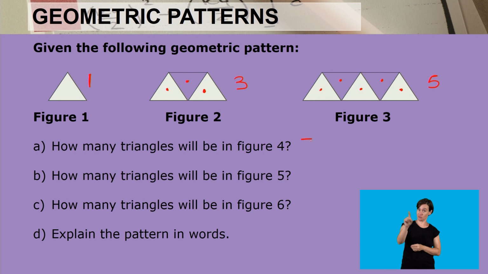Yes, you are correct. It will be 7. And how many triangles will be in the 5th figure? Yes, it is going to be 9 triangles. I am sure that by now you have seen the pattern. How many triangles are going to be in the 6th figure? Yes, you are correct. It will be 11